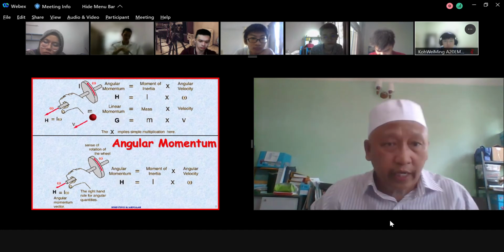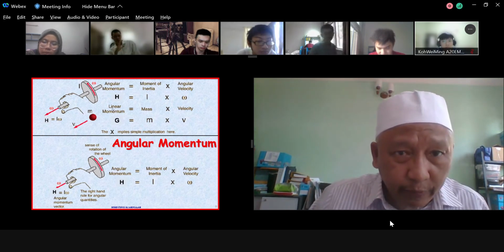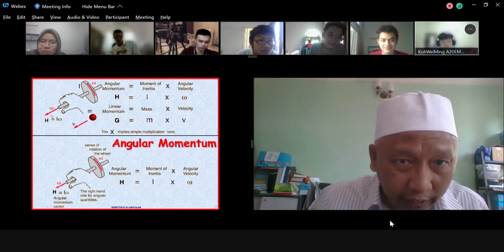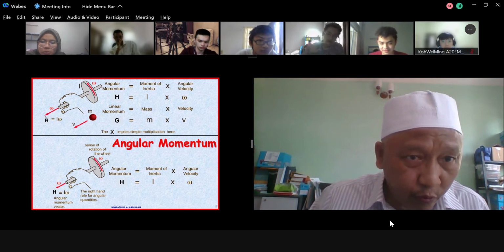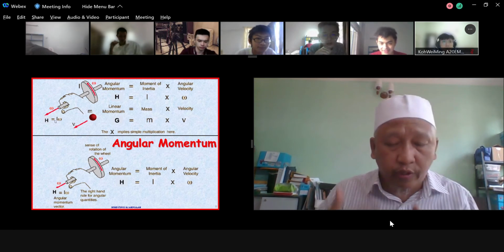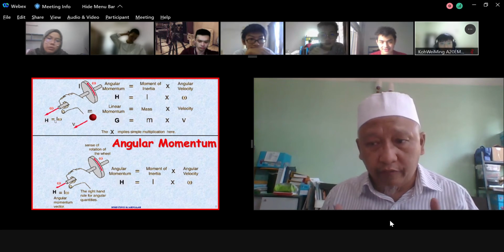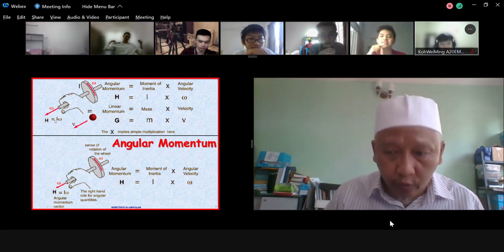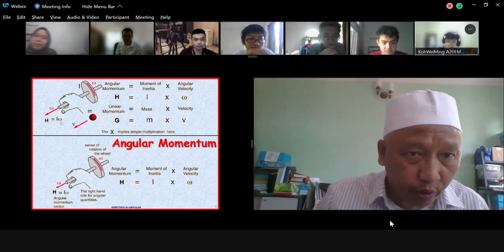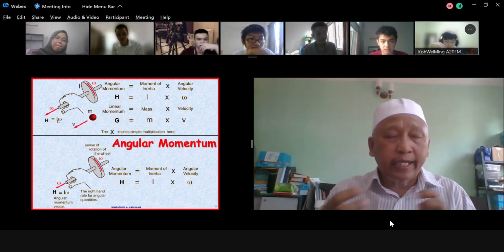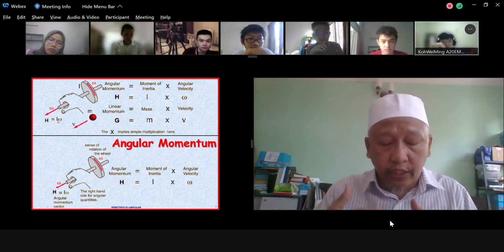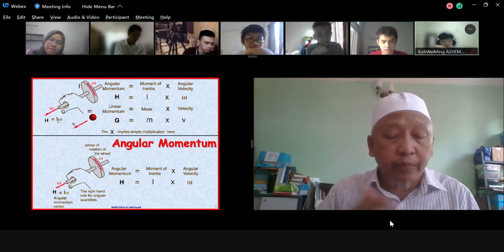Now look here. The thumb rule here basically comprises what you study in dynamics. H equal to I W, basically I dot W, is the dot product, and also the cross product. You learn this in vectors, right? Dot product and also cross product. So what is the dot product? The dot product is basically where the two parameters will be in the same plane. When you have the cross product, obviously they will not be in the same plane.